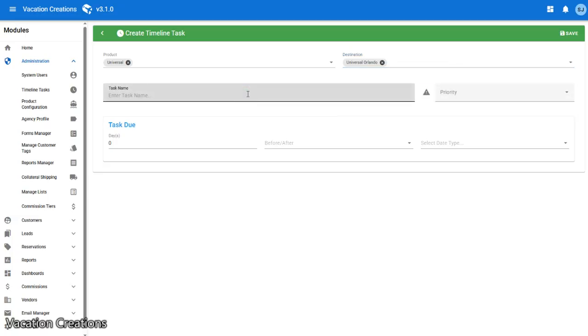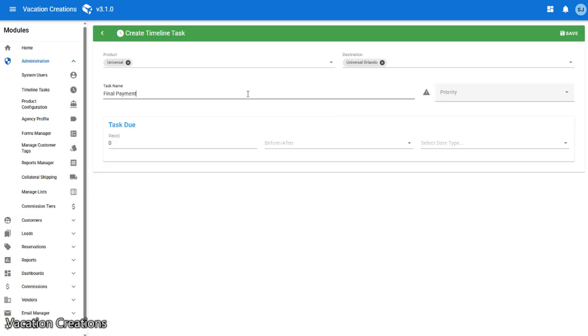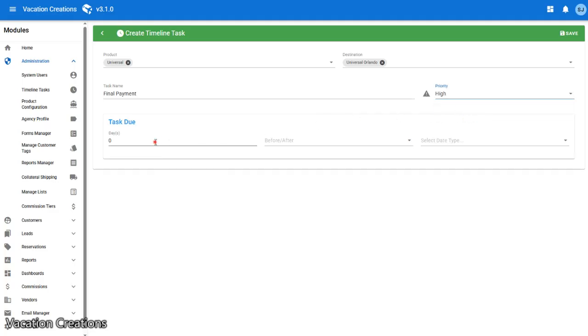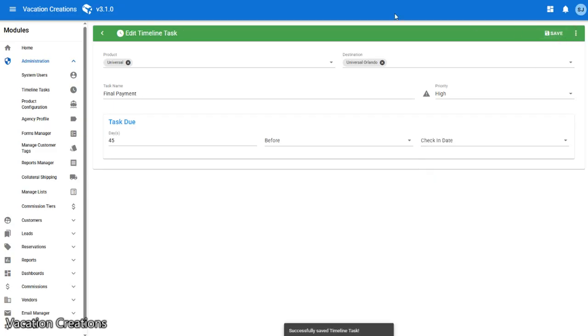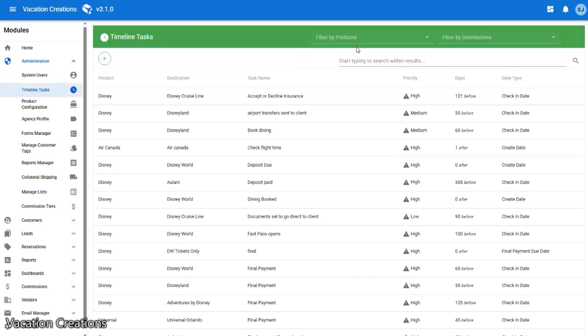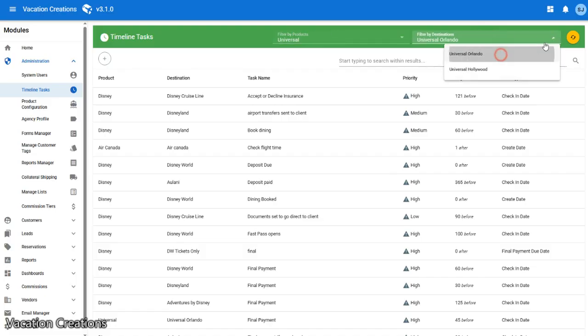I'm going to call this task the final payment, and I have a choice of the priority, either high, medium, or low. This is high priority since obviously it's a final payment. I want this to remind the agent 45 days before that check-in date. So you have options here to choose from. I'm going to hit save, and now when I go back, this will be in my list of all my Universal